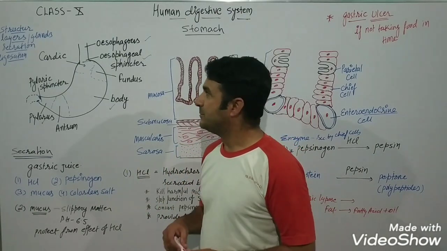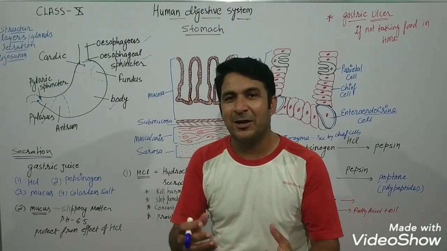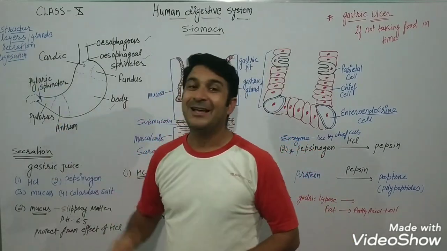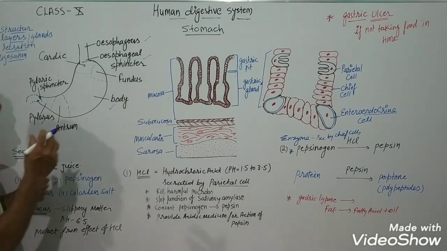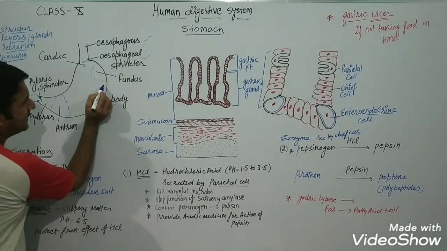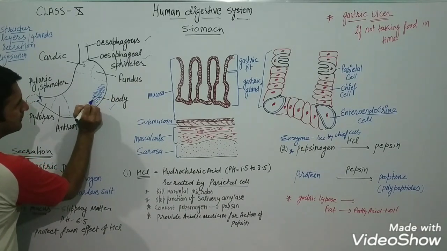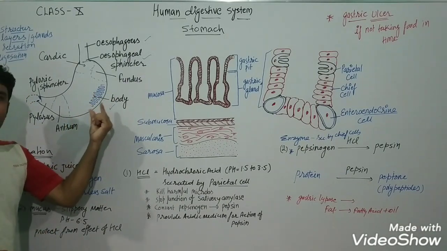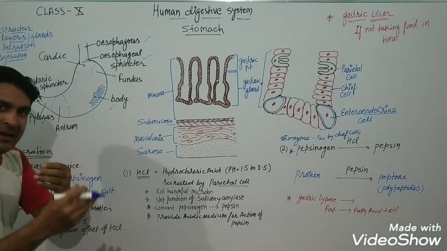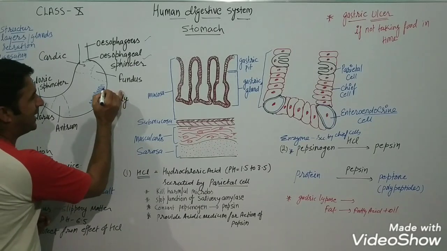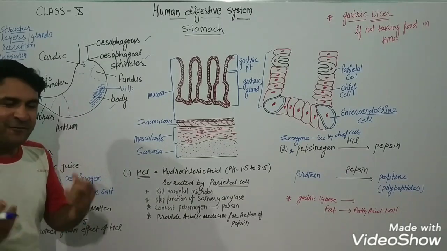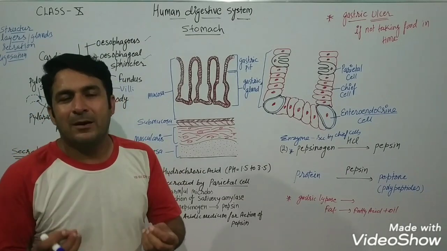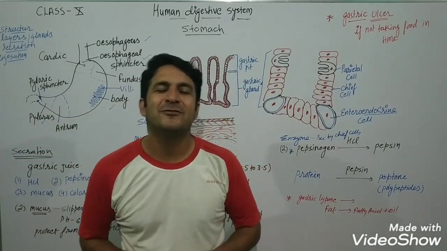Now we will discuss the internal area of the stomach, where I will teach you about the layers of the stomach. But first of all, we have to see what is inside the stomach. If you see the structure, there you will see some finger-like projections. Like this, some finger-like projections are present in the inner area of the stomach, and these finger-like projections are called villi. These villi have the function to secrete gastric juices for the digestion of food.